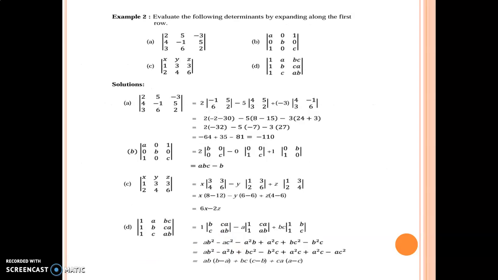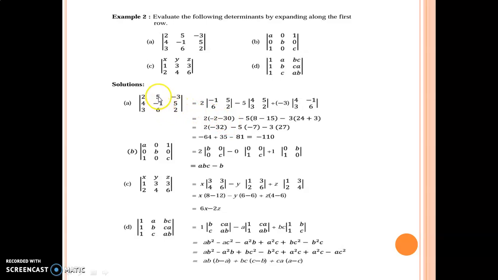So again, let's see an example. Example number 2, A part. Here all the entries are given to us. The first entry A11 is given as 2. So leaving the first row and the first column, we are left with -1, 5, 6 and 2. We'll solve its determinant by multiplying -1 with 2, that is -2, and subtracting the product of 5 and 6, that is 30 from it.